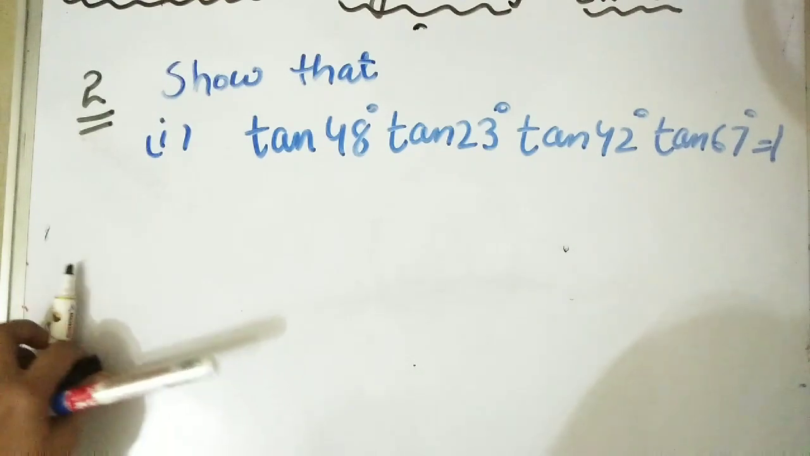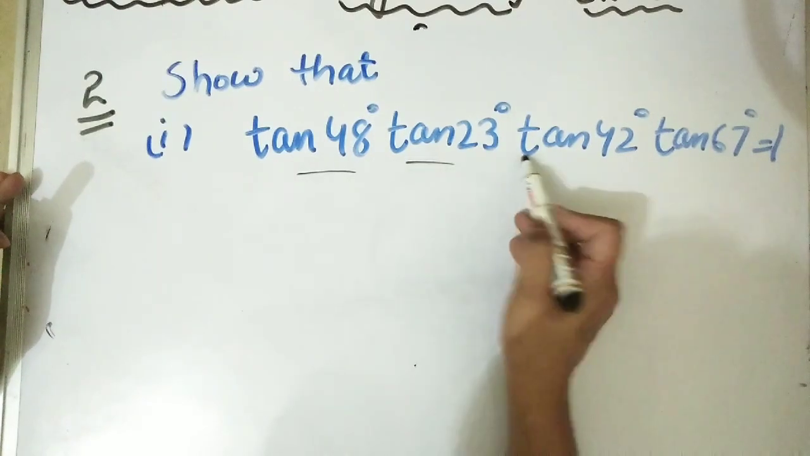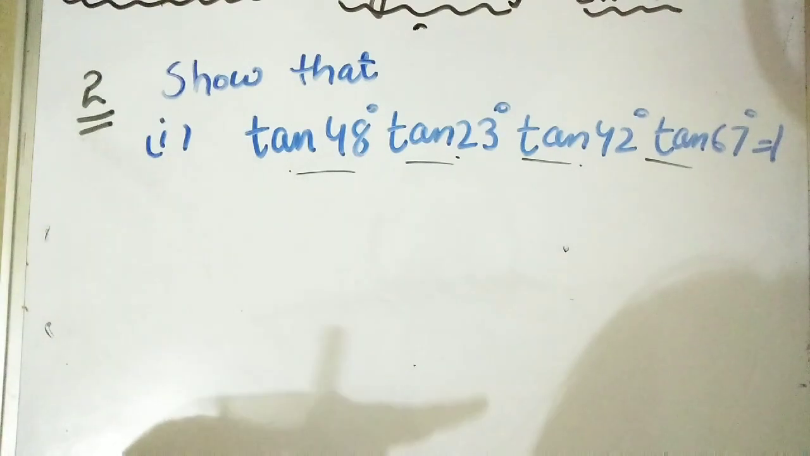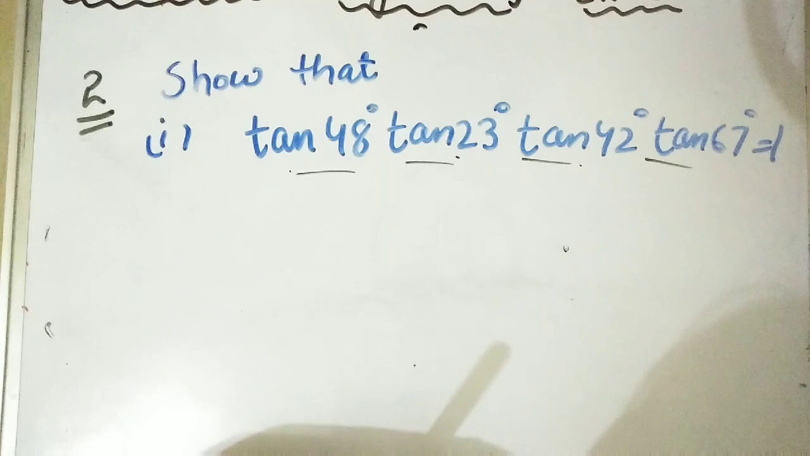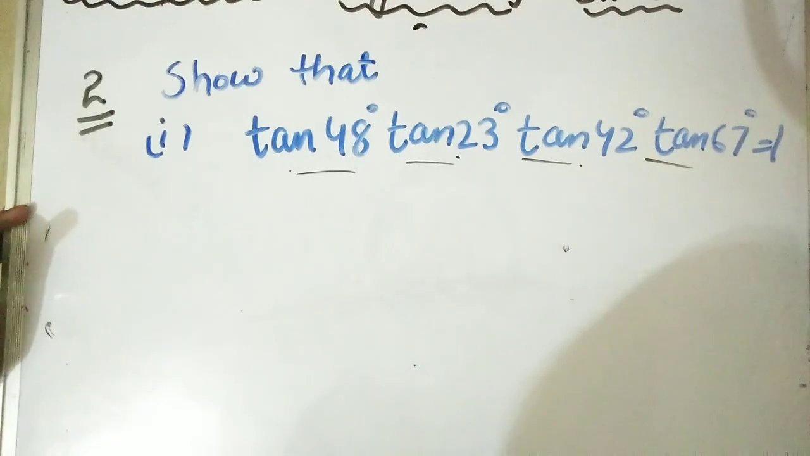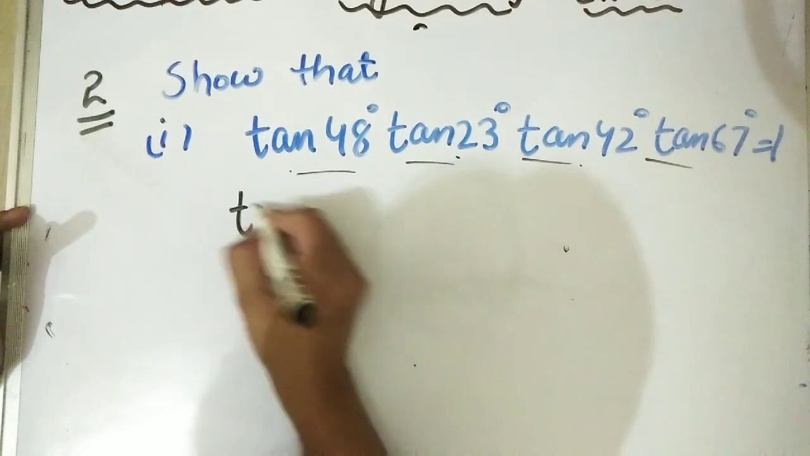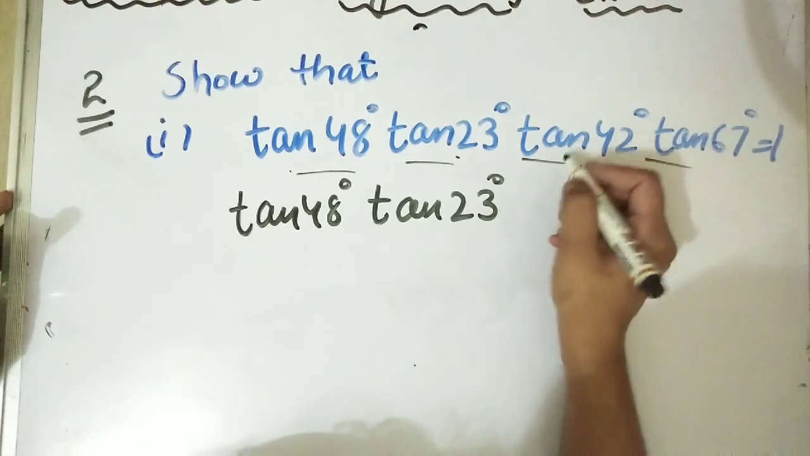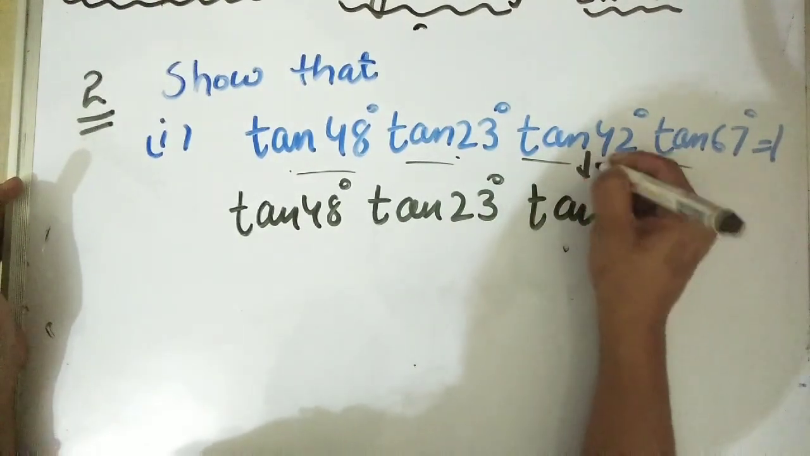Now see how to do this sum. Students, we have here 4 trigonometric ratios: tan, tan, tan and tan, right? If I convert 2 ratios, I will get my answer. If you convert 1 ratio, you get nothing, right? So I'm repeating once again, if I have 4 ratios, at least 2 must be converted, otherwise you will not get the answer. So I write tan 48 as it is, tan 23 as it is, and tan 42 I am going to write as